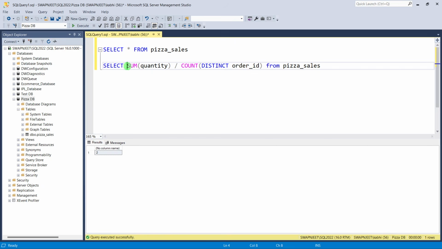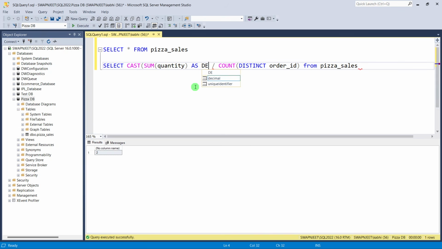So what we have to do is cast the numerator and the denominator in terms of decimals. To do that, we will use a cast function here. I will add a bracket. I want to convert this particular quantity into decimal, so I will name it as decimal, and I will use it as